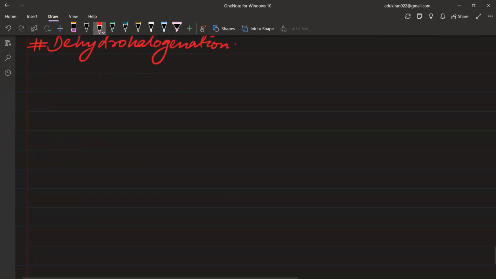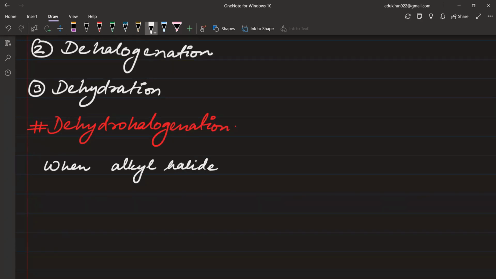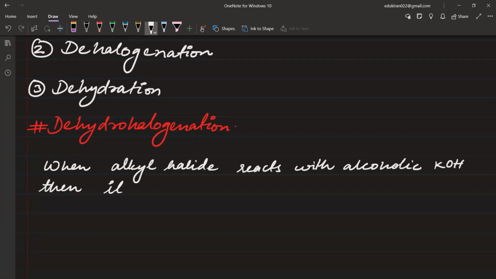Dehydrohalogenation. Please write here: when alkyl halide reacts with alcoholic KOH. Please remember, this is alcoholic KOH, and what we studied before this was aqueous KOH. Alcoholic KOH, and in place of KOH, you can also use NaOH. That is also possible. Alcoholic KOH, then it forms alkene